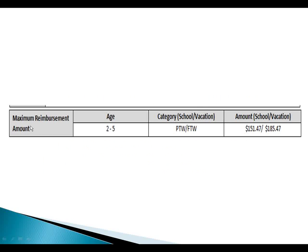The next section is a maximum reimbursement amount, which is a regional market rate ceiling based on the child's age. Possibly this child is 5 years old because it's a school age child. We're letting you know that based on a 2 to 5 age category, based on a part-time weekly and a full-time weekly, we're giving you the maximum reimbursement amount. This amount may not